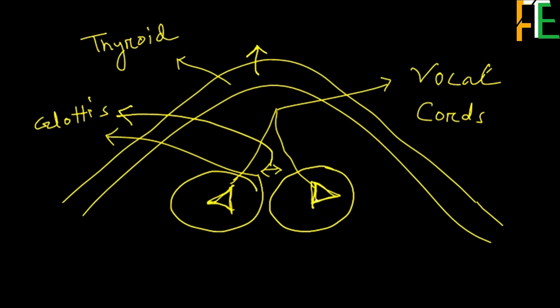At rest, when we are not speaking, the vocal cords are wide open, but when we are speaking it is not wide open. In the articulation of certain speech sounds, the vocal cords come close and open, close and open, the rapid closing and opening of the vocal cords,